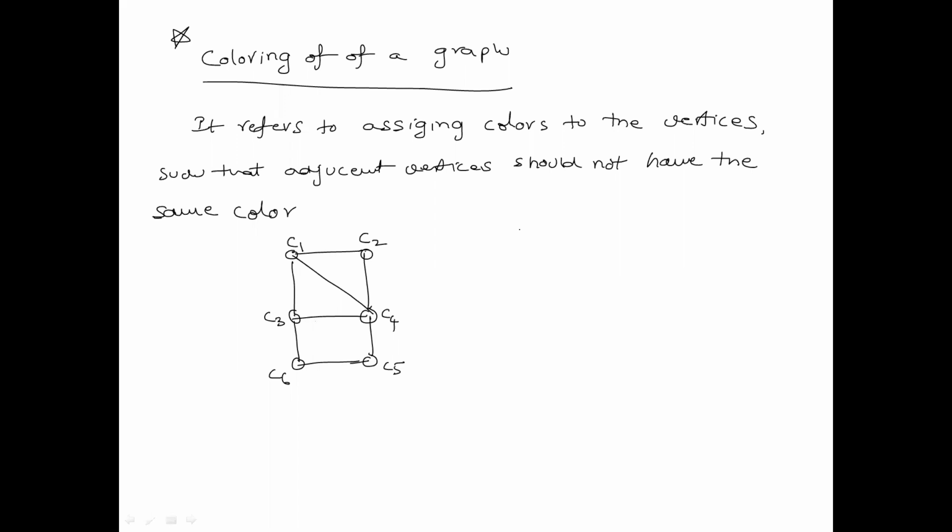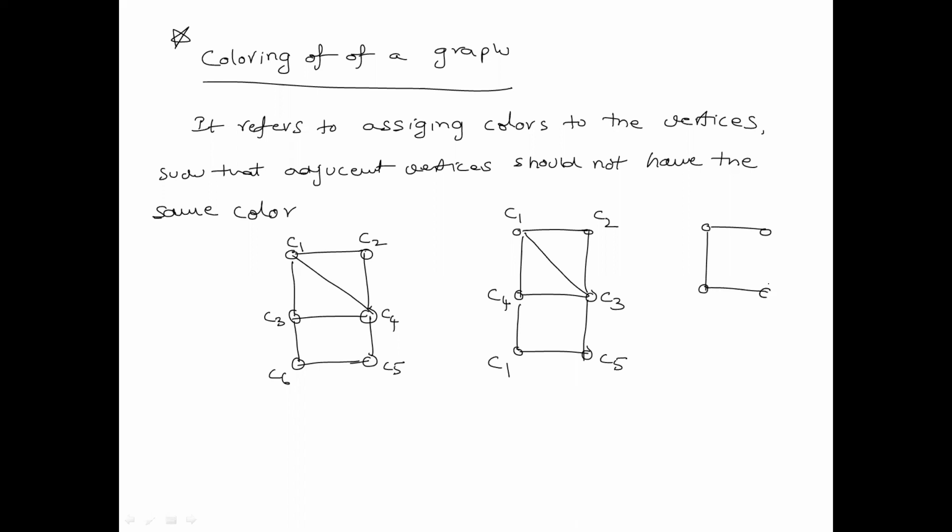But another way of doing it is, maybe some fellow, instead of using 6 colors, wants to use a little less. So maybe I assign color 1 to this, color 2 to this, color 3 to this, color 4. Then maybe color 1 to this, I can give color 1, right? Maybe this one, and color 5 to this. That means another person has managed with 5 colors. That means I can do coloring with 5 colors also. But maybe we can try with 4 colors also.